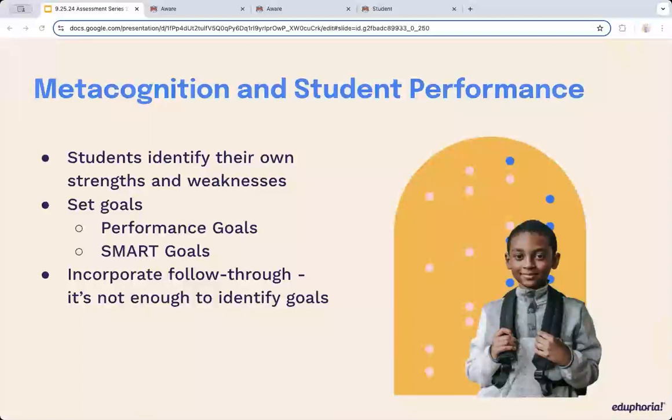And then the other type of goal are SMART goals. You'll probably be familiar with SMART goals just as a concept, but just as a real fast review, SMART goals are specific, measurable, attainable, relevant, and time-bound. These can be about a performance on a test, content on a test, a standard, or it can even be about behavior, or it can be about a lesson. SMART goals may be more appropriate for behavior or pattern type changes. So like how I actually engage in learning or how I engage in self-correction.